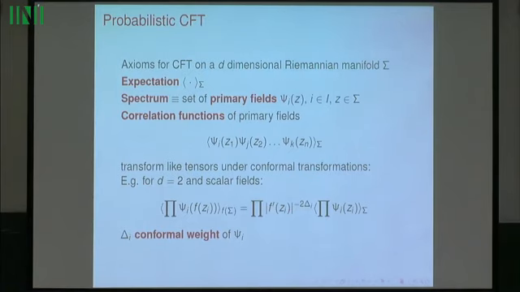Before that, let's put some impressionistic background of conformal field theory first. You can formulate all kinds of axioms for it, and there has been a lot of this for a long time. Let me just give you impressionistic physicist axioms for it first, from the probabilistic point of view. There are algebraic formulations which are quite different. There is something which, let's call it expectation. You should really think about it as expectation, but sometimes it's not normalizable. So I denote it by brackets.